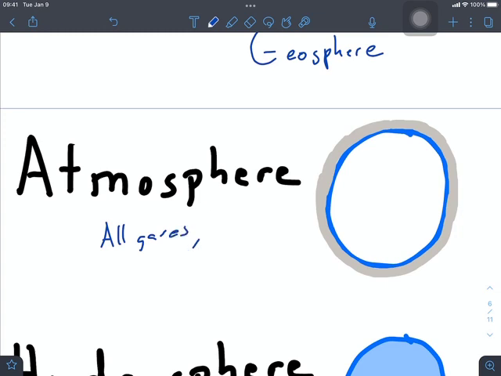And they're divided by altitude, or distance above the Earth's surface. There are a couple of subsets of spheres present in the atmosphere. We have the homosphere, the part of the atmosphere, sorry for the spelling there. The homosphere is the part of the atmosphere where all gases are well mixed,